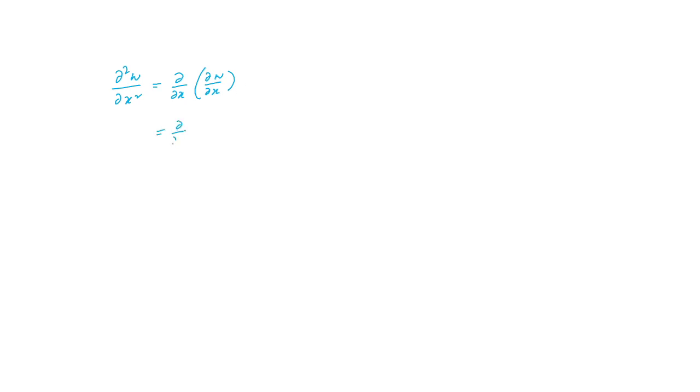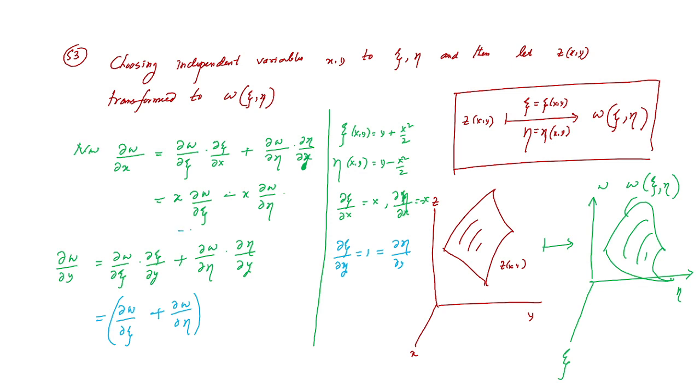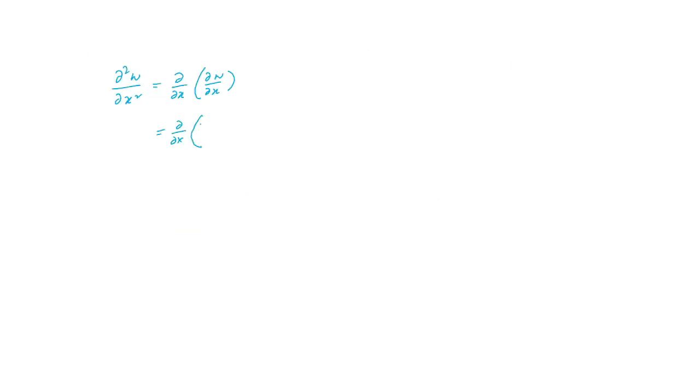So that means del x of, what is del omega del x? x del omega del xi minus x del omega del eta. And from that, what we will do, that will be del omega del xi plus x